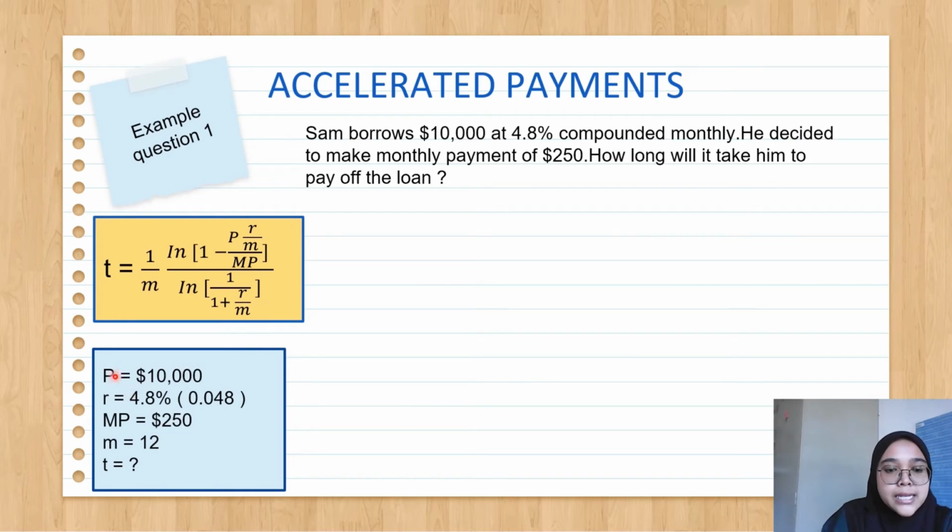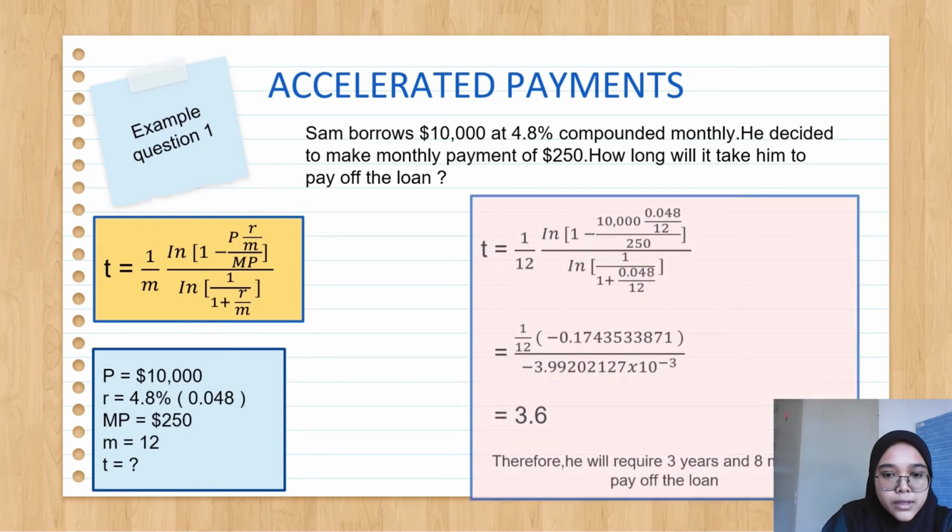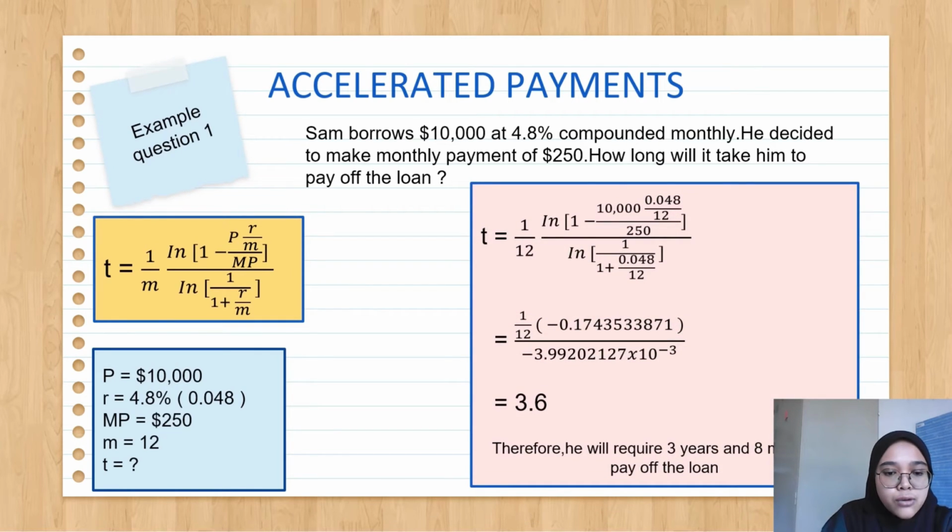Okay, the given is P. Our P is $10,000, and our R is 4.8%, and we convert it to a decimal, so it's 0.048. Our monthly payment is $250. Our M is 12, and our T is what we don't know. To find T, which is time,